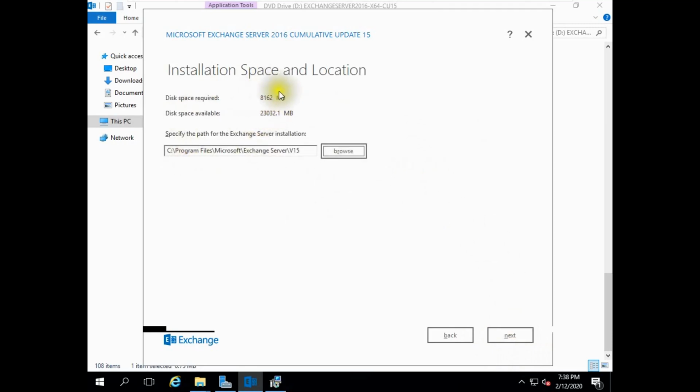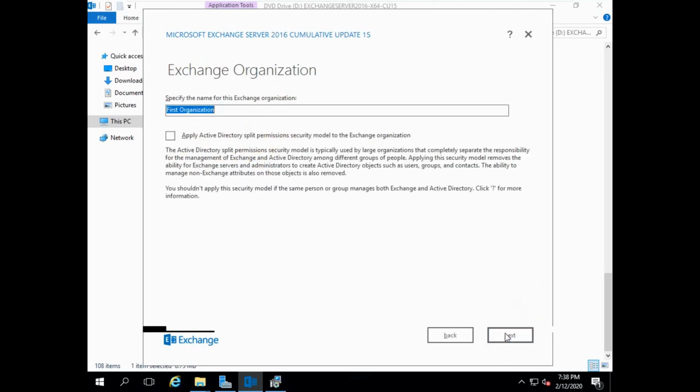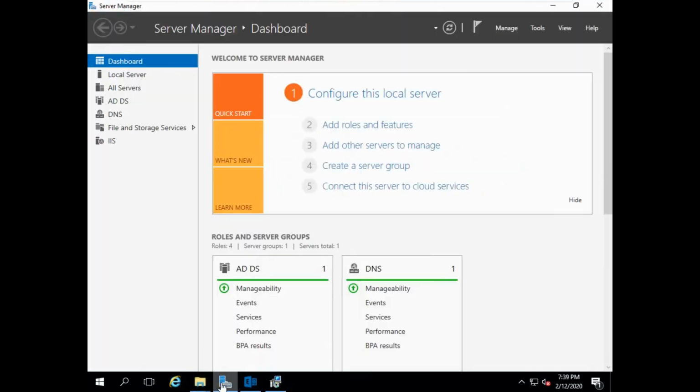Installation space and location details. Here minimum RAM is 8 GB. Click next. In Exchange organization, you can use the default value or connect an OU. Let's create an OU first.